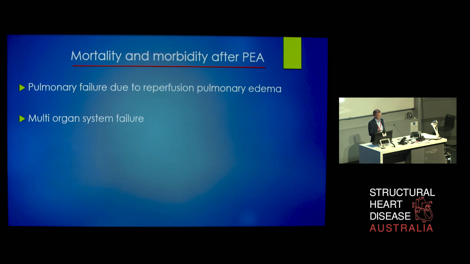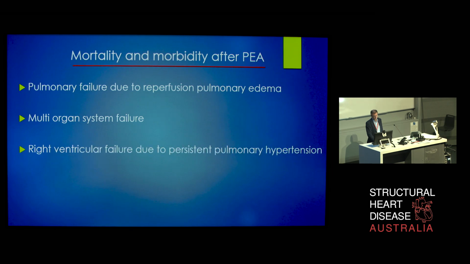Some of these patients, particularly the ones I used to see in the United States, would come with hepatic and renal failure because the diagnosis had been missed for so long, and really just terribly adversely remodeled right ventricles. Right ventricular failure due to persistent pulmonary hypertension, that's pretty unusual these days, but we do get persistent pulmonary hypertension. I'll come to that in a minute, but having a right ventricle fail after a pulmonary endarterectomy would be